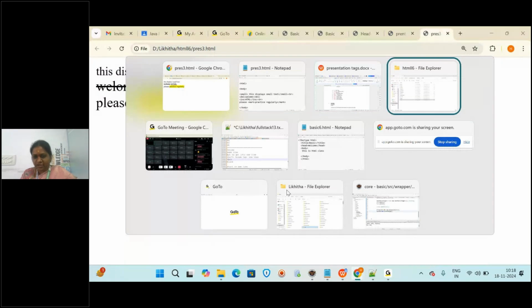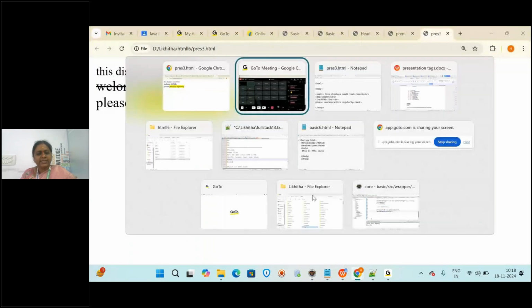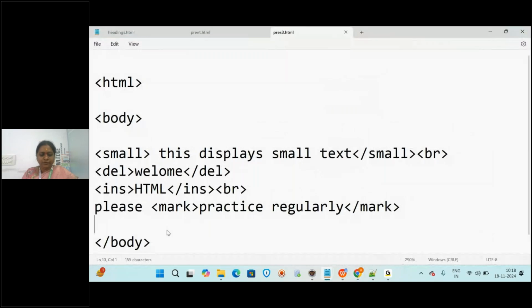Any questions, online students? Understood? Yes. And a few more styles: I'm going to write the Q tag, and then I'm closing the Q tag.